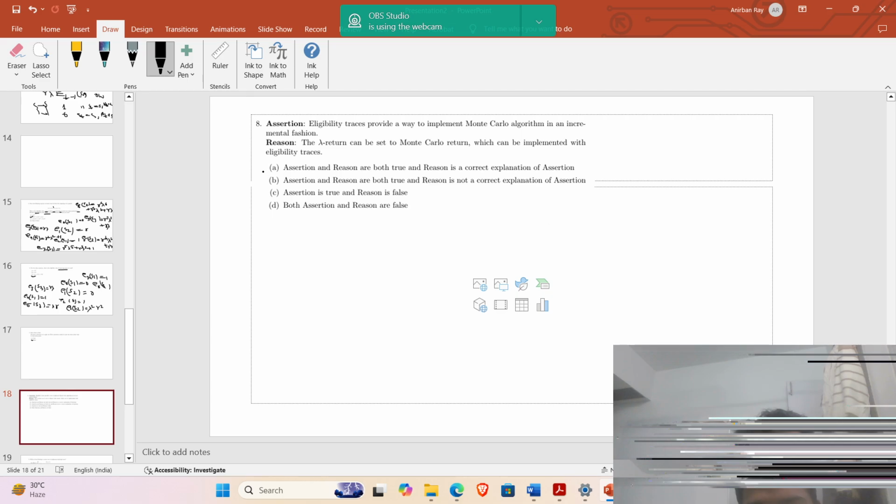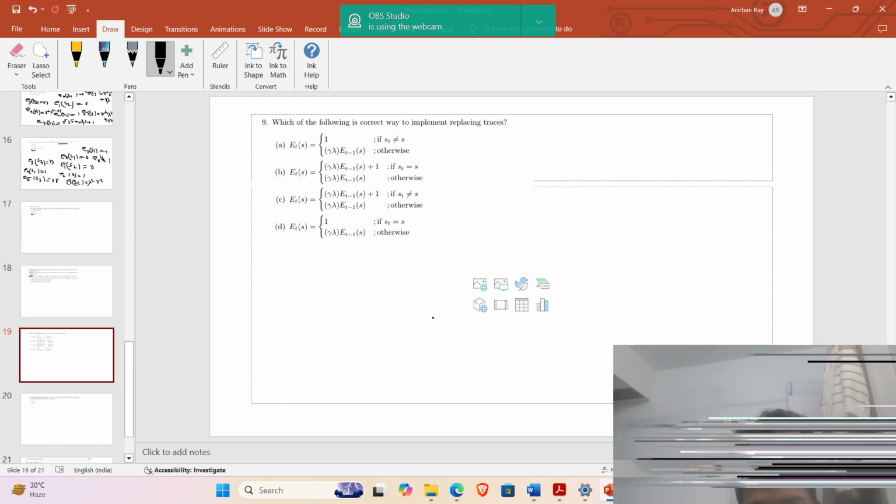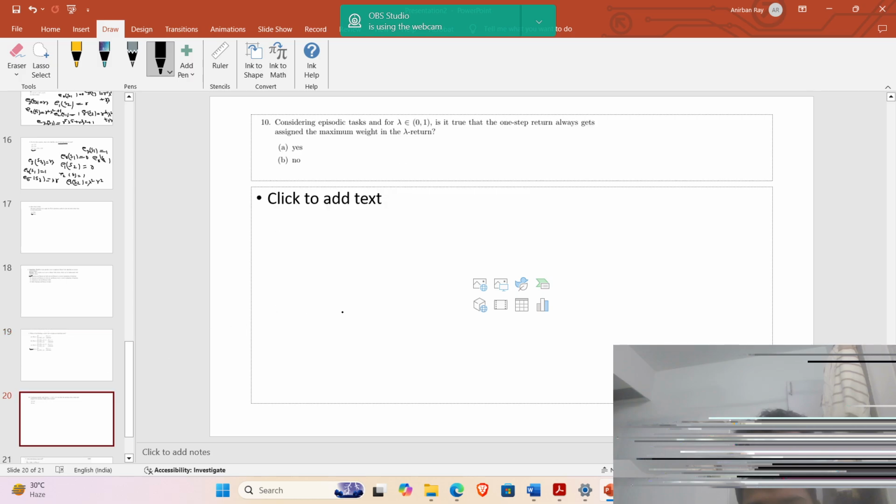Is the following the correct way to implement replacing traces? So if this is equal, we set it to 1. Acha, and otherwise, this is the correct one, 9D. Very simple question now. Consider an episodic task and lambda equal to 0.1. Is it true that the one step return always gets assigned